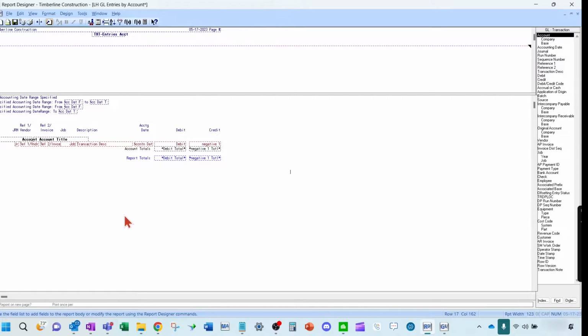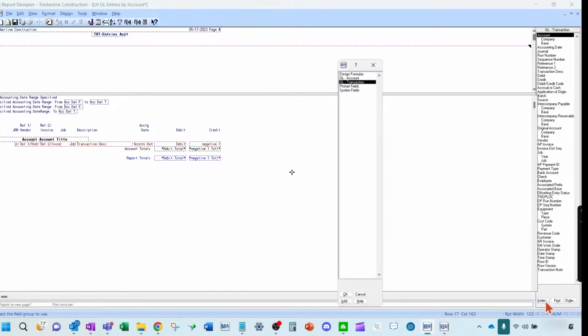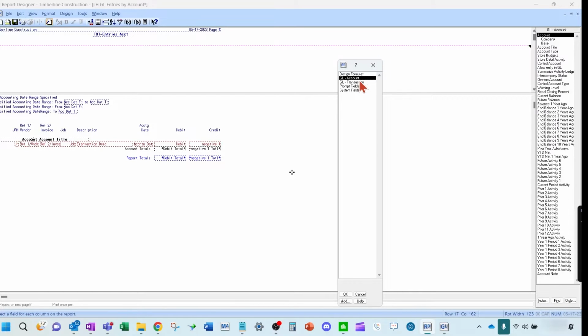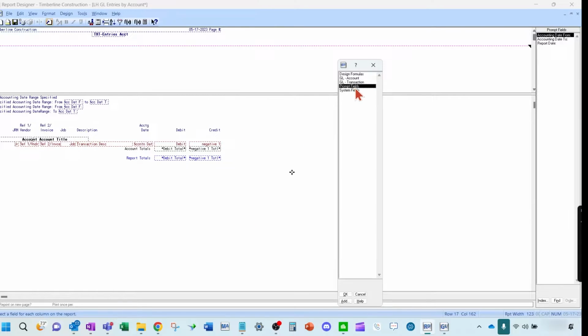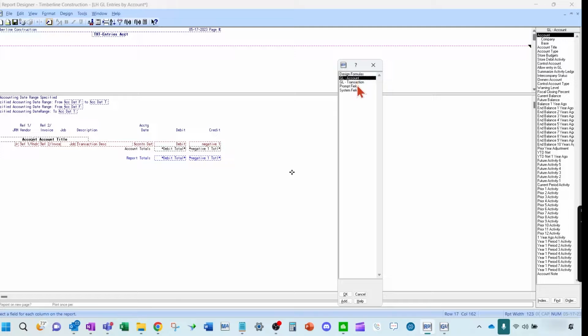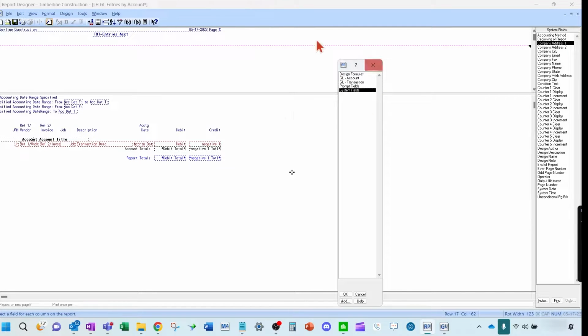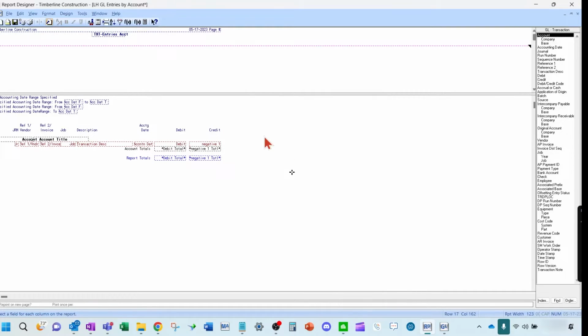So having your field list up, having your print controls on helps when you're adjusting a report. The index button over here gets you all of the available tables that you can use on this report, depending on how the design had been initially created and built for this report. Okay, so you've got your different tables right here to play with, and Mike's going to cover this a little bit.